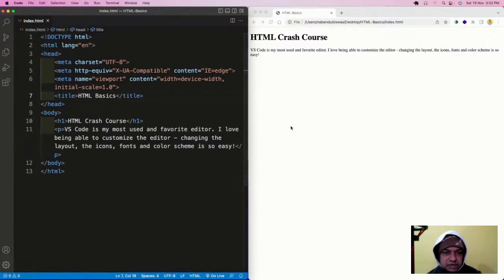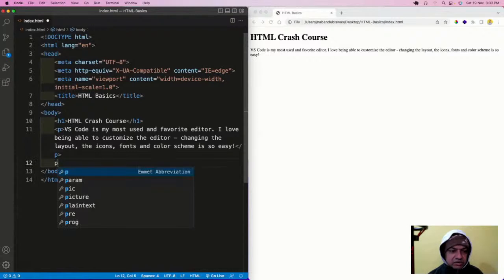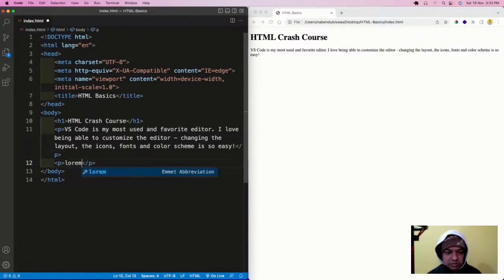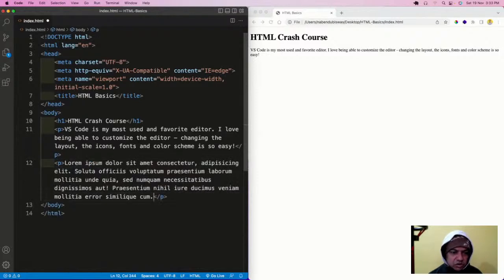So this is the paragraph tag coming here. But someone asks why should we use VS Code? One thing I have already told: it has got this skeleton that came. Now I will show another feature of VS Code. Again I'll do a p, and I want to give some paragraph, so better to give some paragraph known as lorem. Lorem ipsum is a dummy text which was created like 200 years back. You can search it on Google.